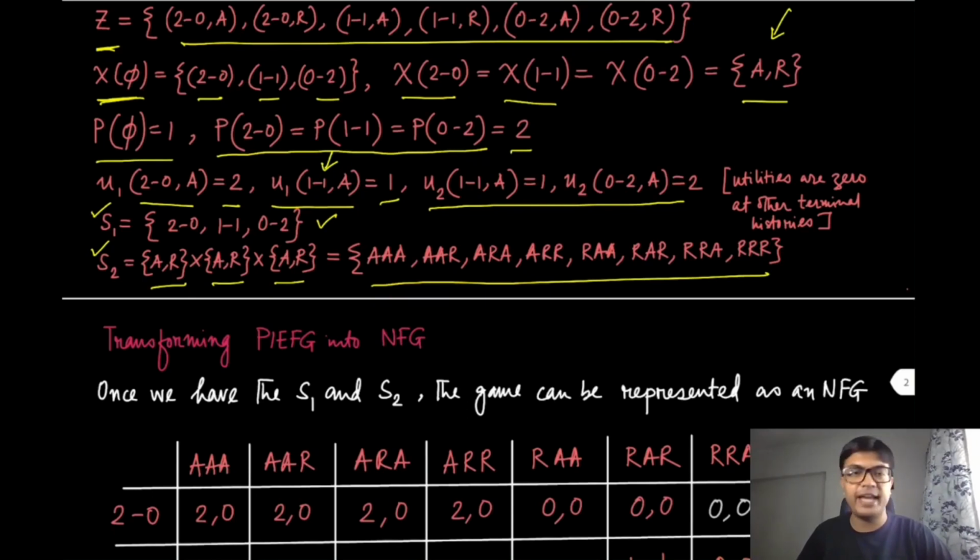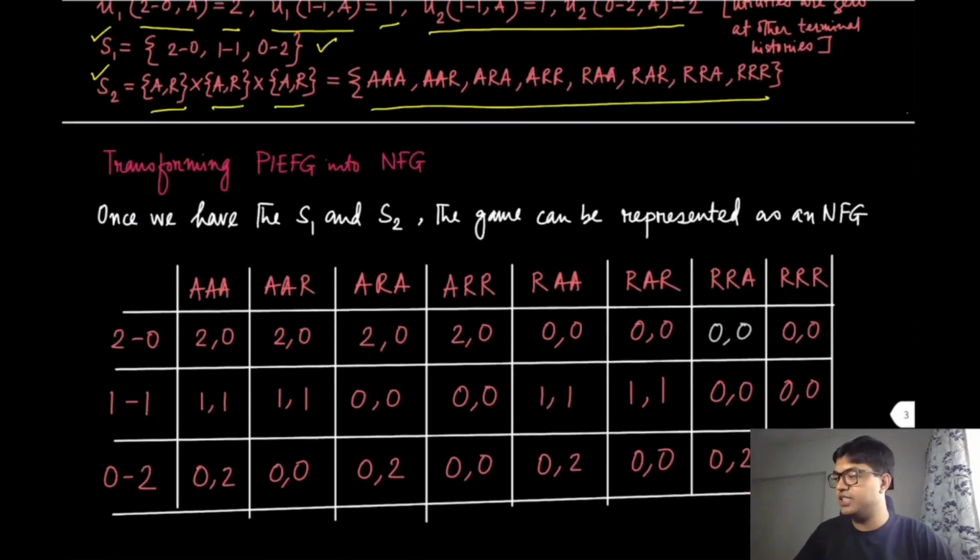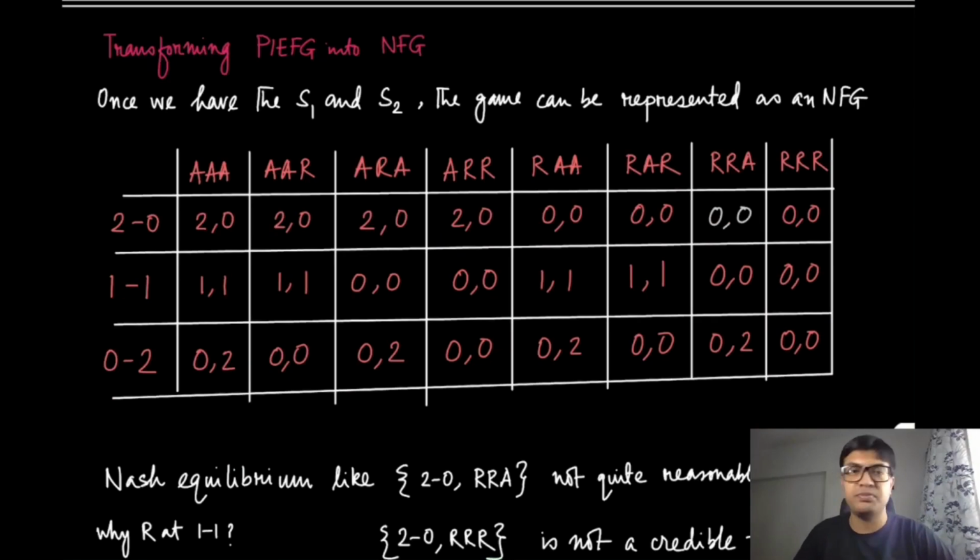So in fact we can do that, and we'll see that this perfect information extensive form game can actually be represented as a normal form game, because now we have the strategy sets for player 1 and player 2. But we will also show that that is not the most optimal way of representing this game, because if you write it down now, player 2 has a bunch of strategies and player 1 has 3 strategies. You can fill in the corresponding